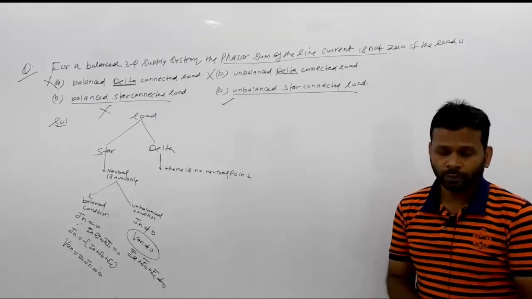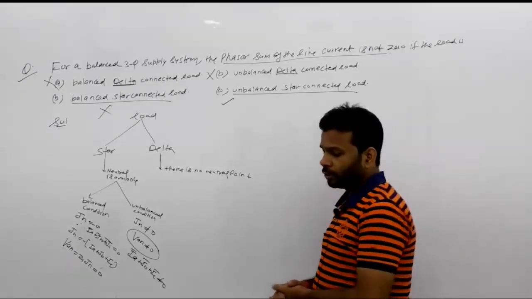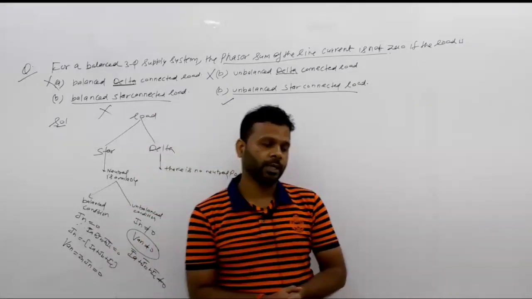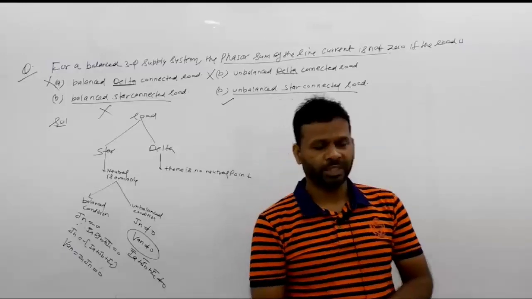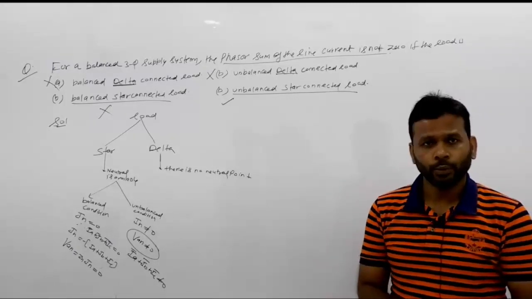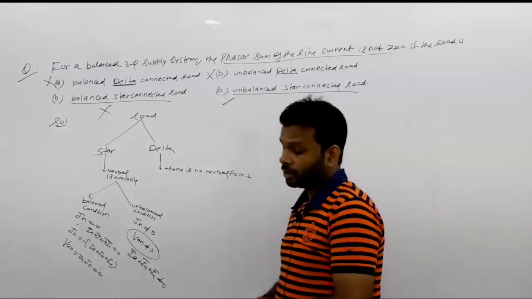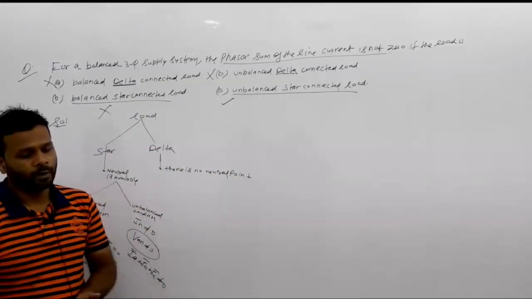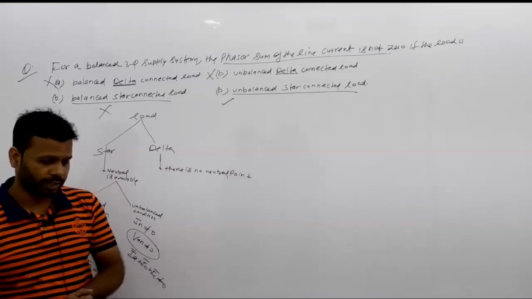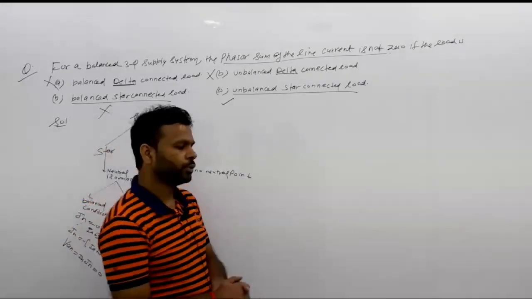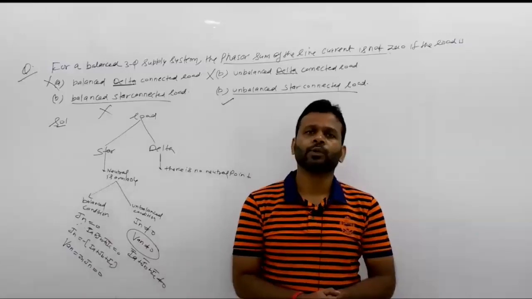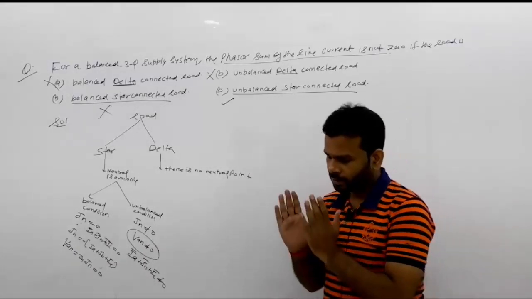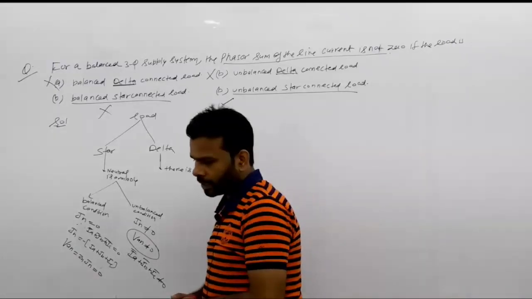ठीक है, अब अगर न्यूट्रल पॉइंट की बात करें तो जो न्यूट्रल पॉइंट है वो डेल्टा में तो अवेलेबल होगा नहीं, क्योंकि जो डेल्टा कनेक्शन है वहां न्यूट्रल अवेलेबल नहीं होता। इसीलिए जो डेल्टा कनेक्शन हमारा वो सेकेंडरी डिस्ट्रीब्यूशन सिस्टम जो कहते हैं होम कंज्यूमर, वहां यूज नहीं होता है। और स्टार कनेक्शन में हमारा न्यूट्रल पॉइंट अवेलेबल होता है। तो जो हमारा स्टार कनेक्शन है वही हमारा थ्री फेज फोर वायर सिस्टम प्रोवाइड कराता है। तो जो थ्री फेज फोर वायर सिस्टम अगर हमें चाहिए तो हमें स्टार कनेक्शन यूज करना पड़ेगा विद न्यूट्रल।